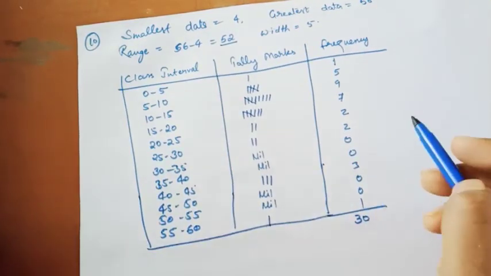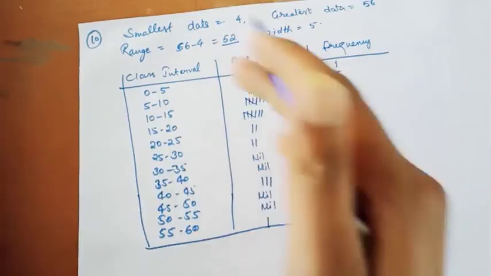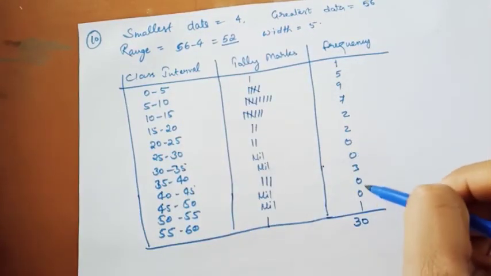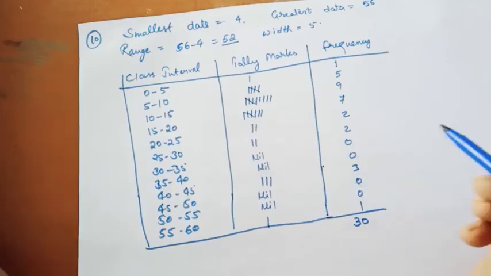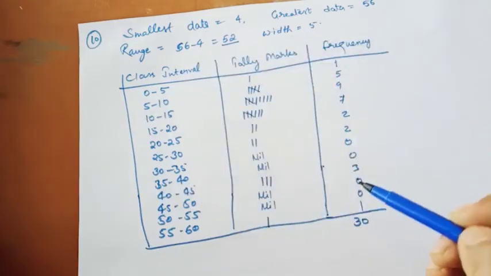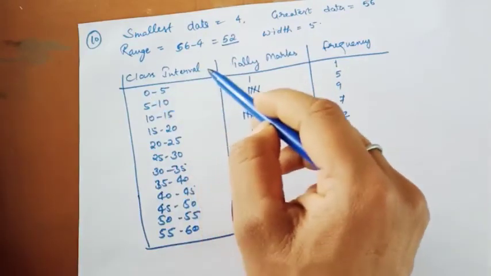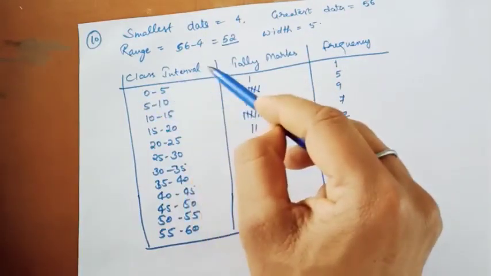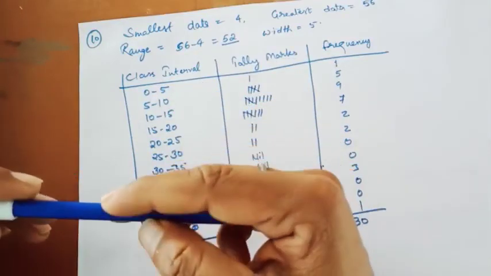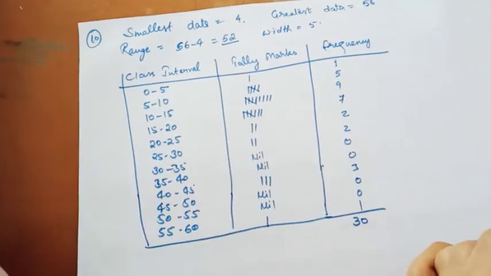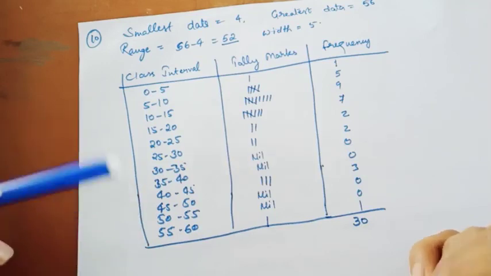But when we make the histogram of these intervals, we will get gaps between the bars because 3 or 4 intervals will have no value. So we will change this interval. We can take 10, or we can take 0 to 15, 15 to 30, 30 to 45, 45 to 60. Then we will not get any gap in the histogram. So let us see how to make that histogram.